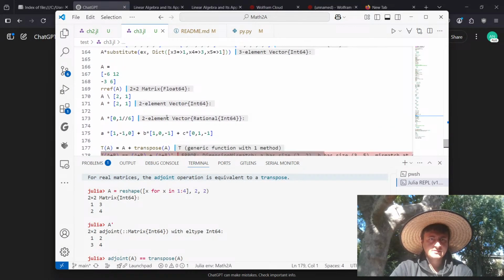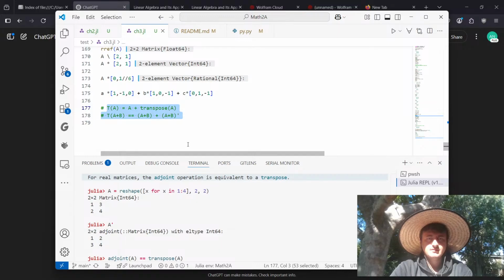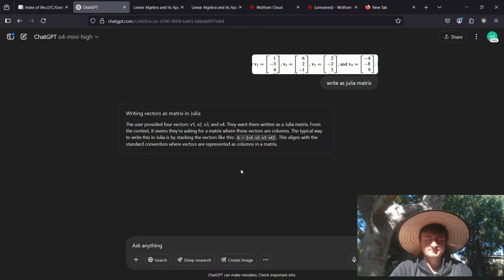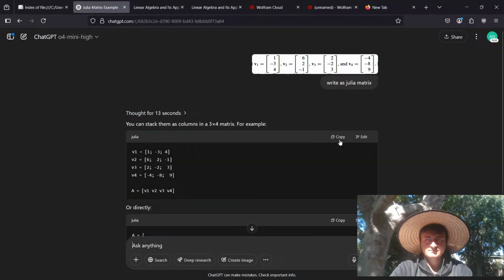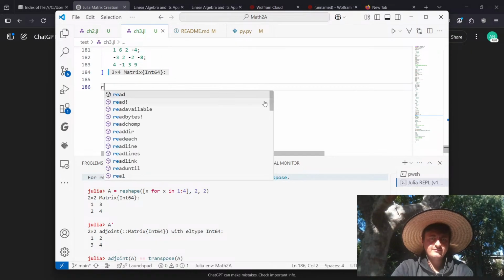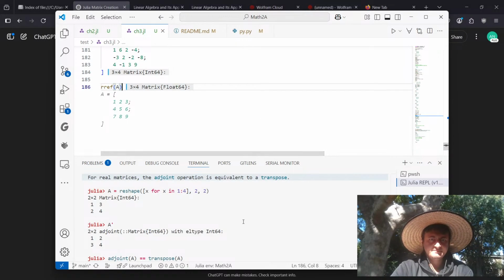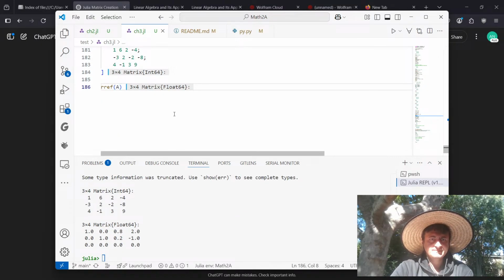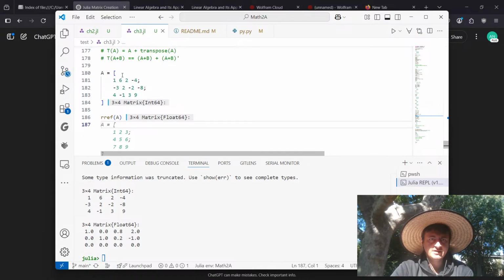Okay, we can comment this out. All right, let's just do this directly. So if we ref A, we get this. And so we have pivots on the first and second column. So V1 and V2 are the